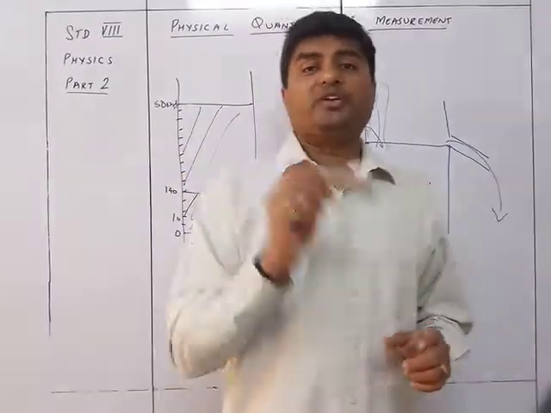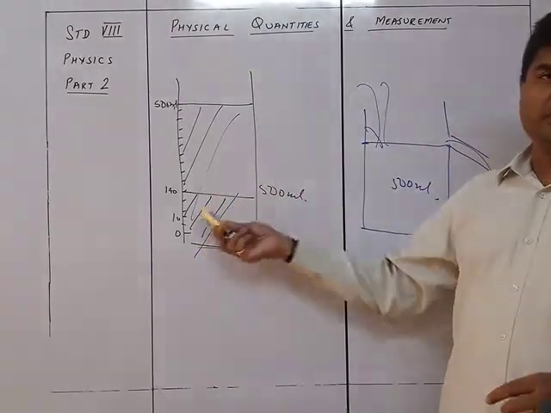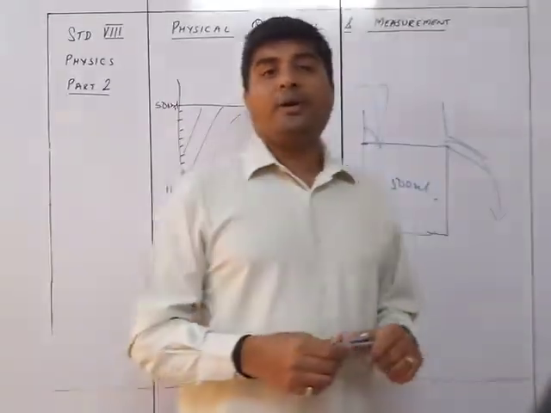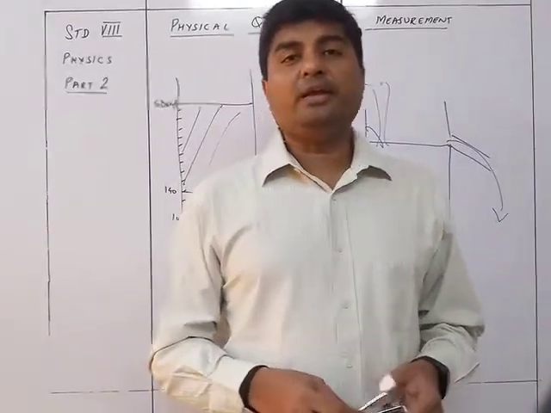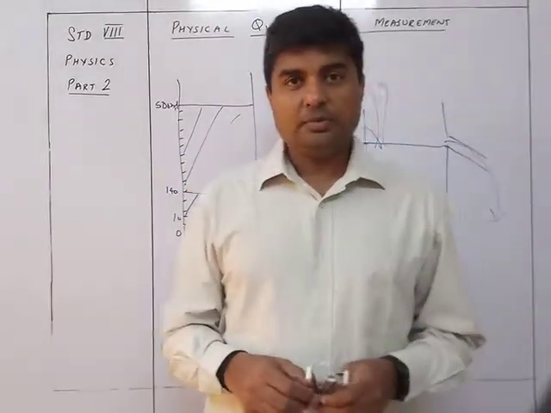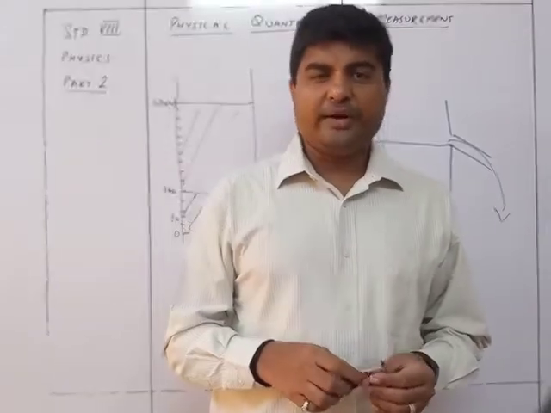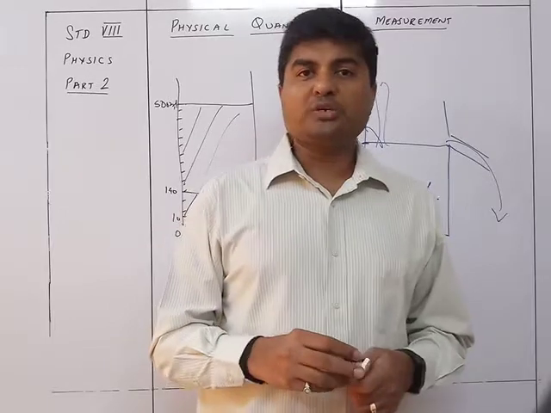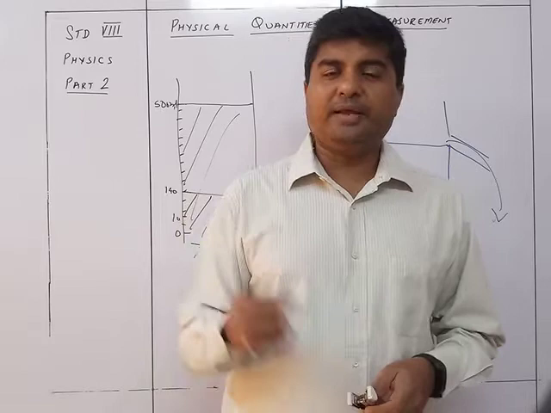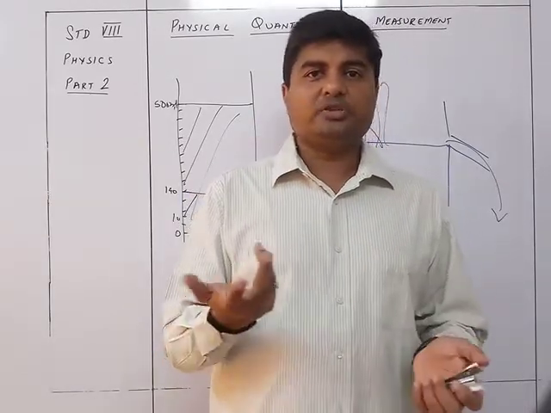To find out the volume of this particular thing, we are going to use any of these things. How do we use this thing? We'll be using the principle that the crow had used. You know the thirsty crow, you know the story. What happened in that? The crow was thirsty and he saw a pot. He has got water inside the pot, but he cannot put his beak inside. So he was confused what to do.